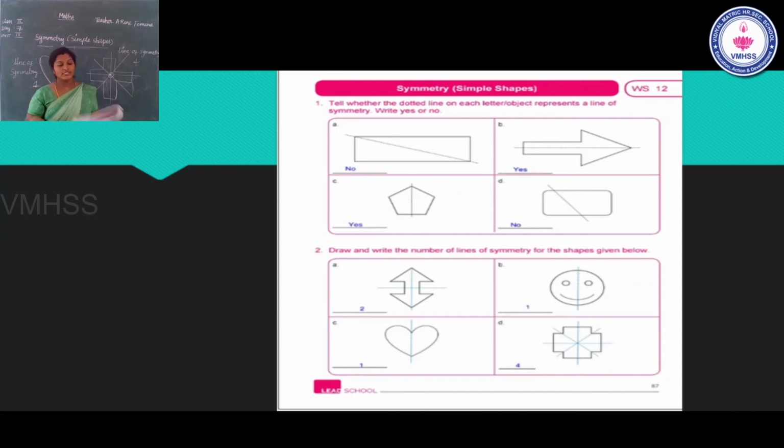Okay, ma. So this is worksheet number 12. So do this. It's the same process. You have to draw any images or pictures and divide them into mirror image or symmetrical. Write symmetrical images and asymmetrical images. Today's homework: write any 10 symmetrical and asymmetrical images. Write the names only.